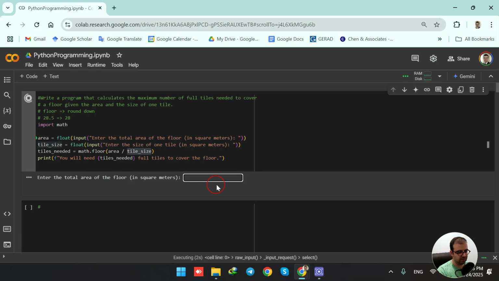So enter the total area of the floor. Imagine that, for example, the room that I would like to cover with tile is 20 square meters. And then, enter the size of one tile in a square meter. For example, one tile is 0.7 square meter. Okay. So when I run, we see that the output says you will need 28 full tiles